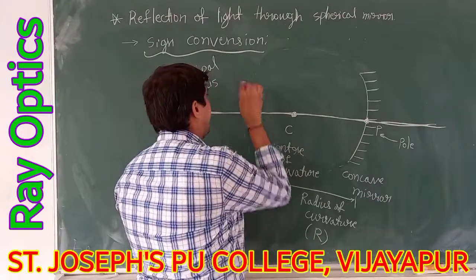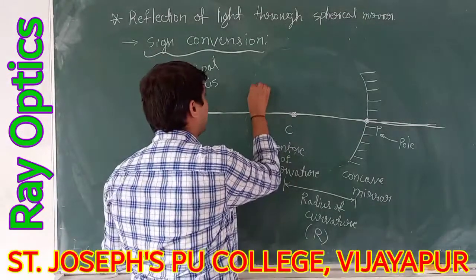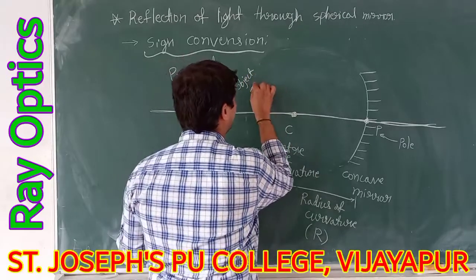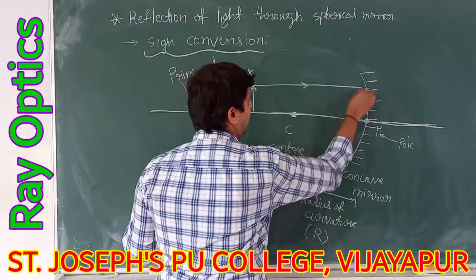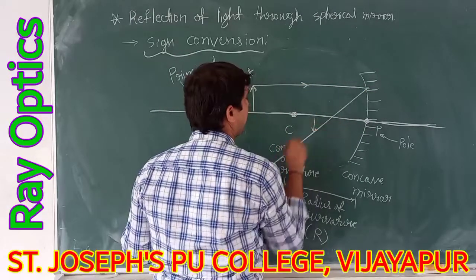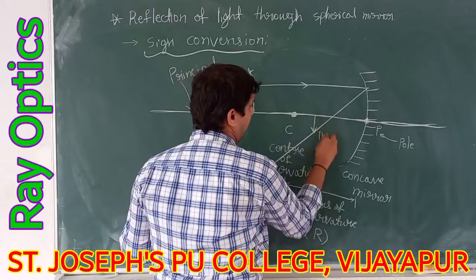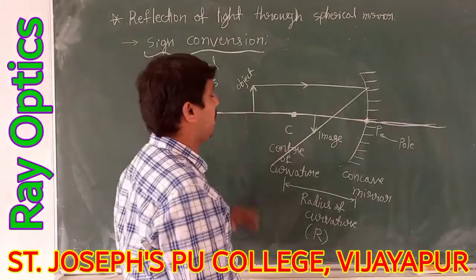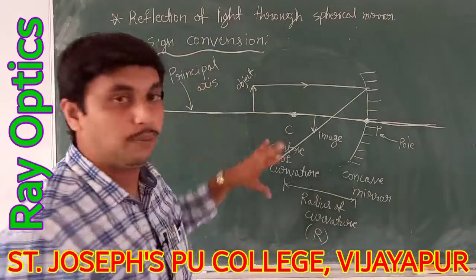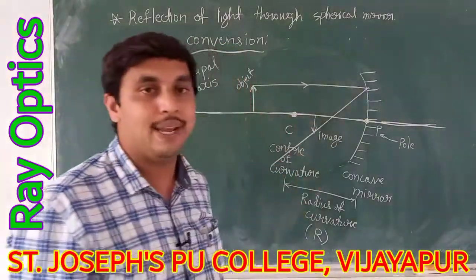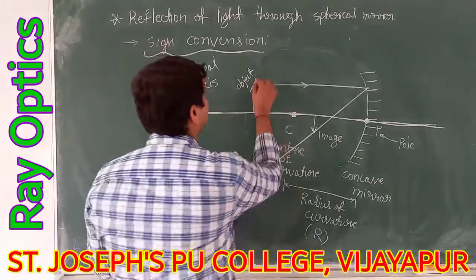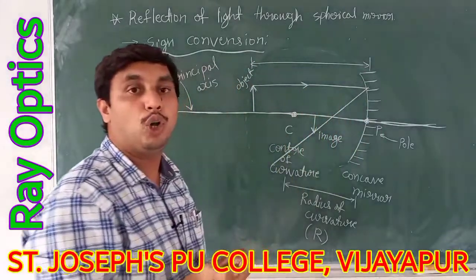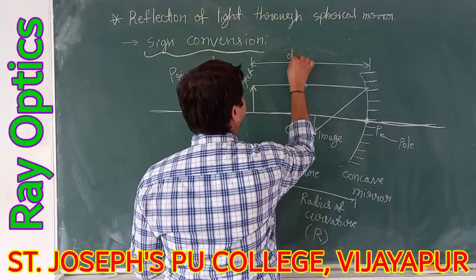for example, if I place some object here, okay, any object in front of the mirror, light is entering like this, the incident ray. Maybe here I am getting the image of this object. So point object and point image also come. Here it is not a point object or point image, I simply take it as an object and an image. So here the object distance is the distance from the object to the pole of the mirror, we will call it the object distance.